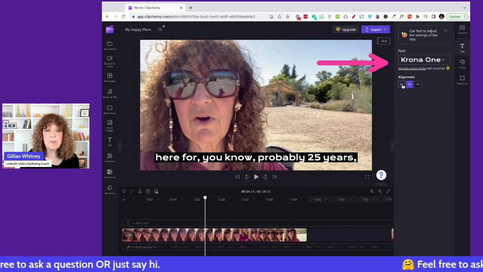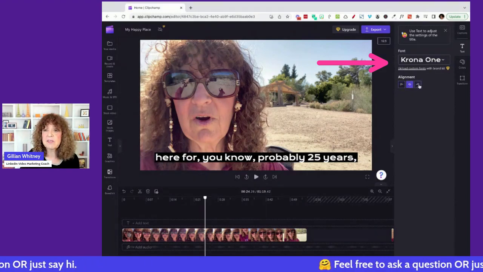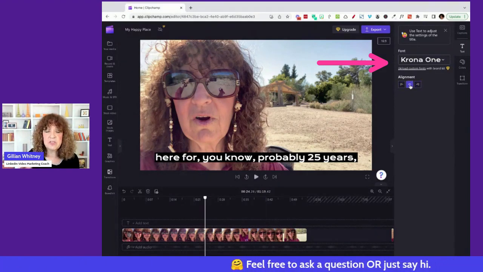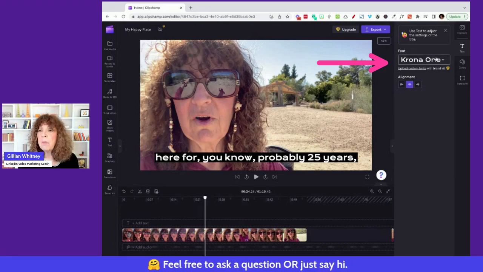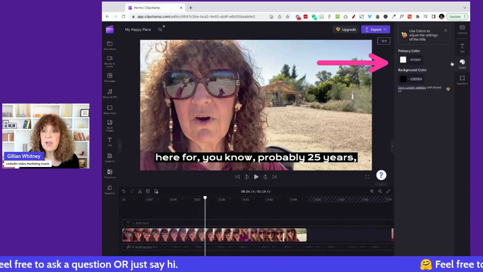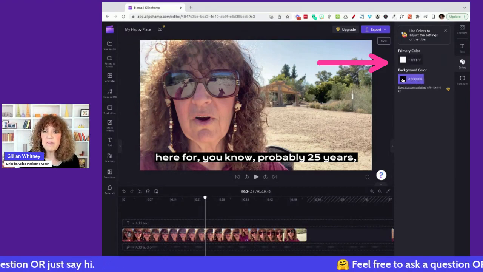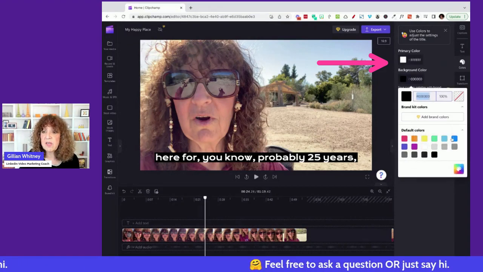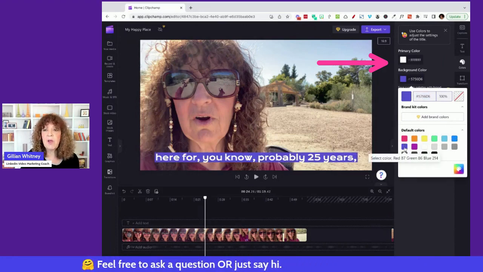I can change the alignment, so I can make it right, center, or left. But I can also come up here and change the color. I can change the color of the background. Say, for instance, maybe I want it to be a purple. There we go, I have purple.